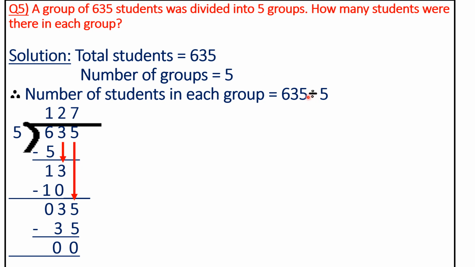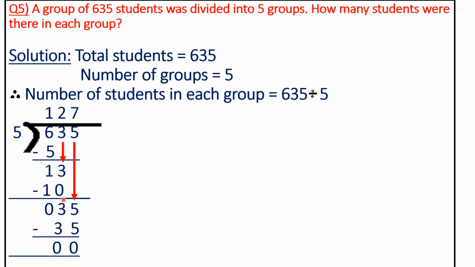So divide these two numbers, write here 5, write here dividend 635. Now you know division, we cannot get 6 in the table of 5, so we will apply 5 ones are 5. Now 6 minus 5 is 1, copy this 3, 13. Now in the table of 5, you will not get 13, so you will apply 5 twos are 10. Okay, because 5 threes are 15, you cannot apply, 15 is more than 13 now.